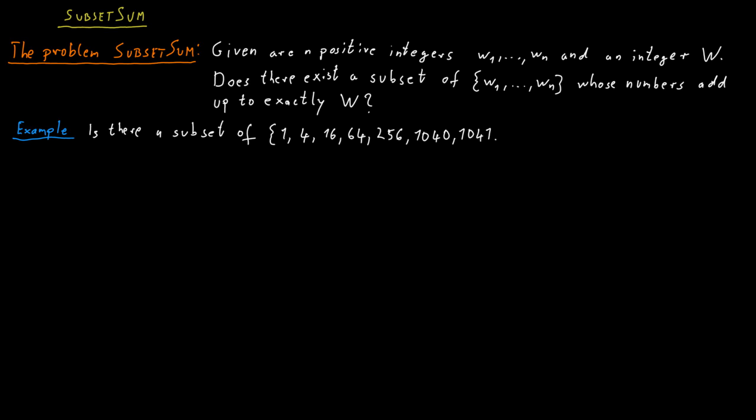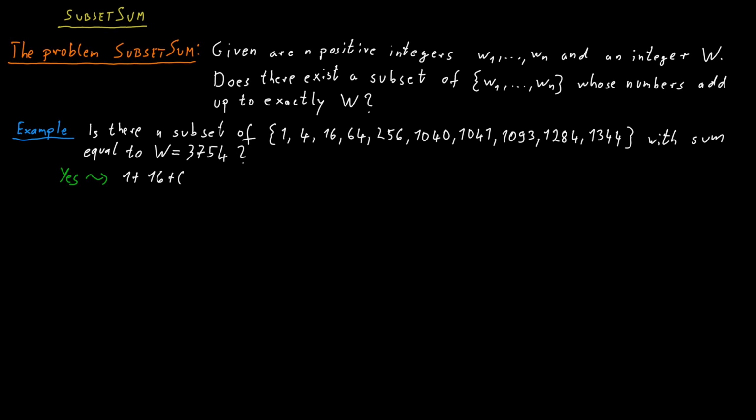1040, 1041, 1093, 1284, and 1344, and our target value is 3754, then this is a yes instance of this problem, because we can add up the numbers 1, 16, 64, 256, 1040, 1093, and 1284 to reach the target value